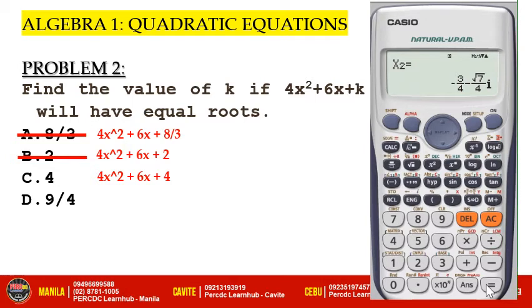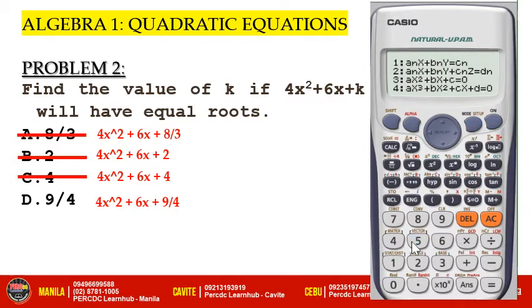So, eliminate na si A, B, at saka si C. So, pwede na nating hindi ipagpatuloy yung pag-solve kasi nga, obvious na yung correct answer, that is si letter D na yung correct answer. But for the purpose of checking sa discussion, so therefore, ganun pa rin, mode 5, 3,